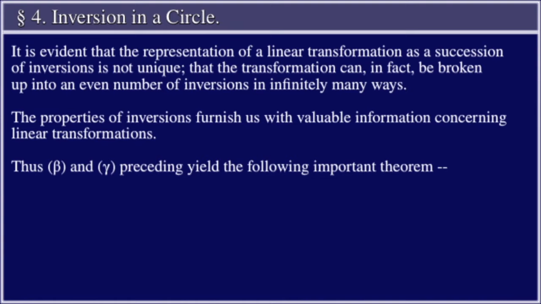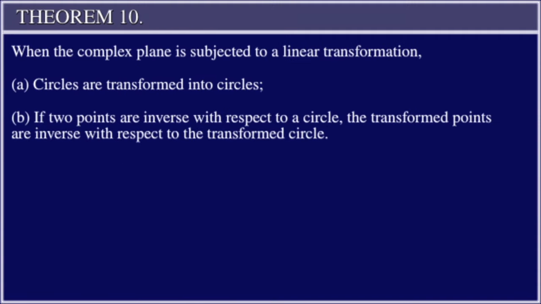The properties of inversions furnish us with valuable information concerning linear transformations. Thus, β and γ preceding yield the following important theorem. Theorem 10. When the complex plane is subjected to a linear transformation, A. Circles are transformed into circles. B. If 2 points are inverse with respect to a circle, the transformed points are inverse with respect to the